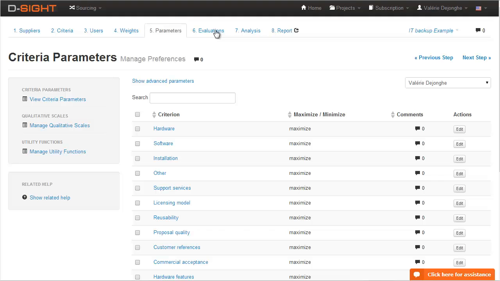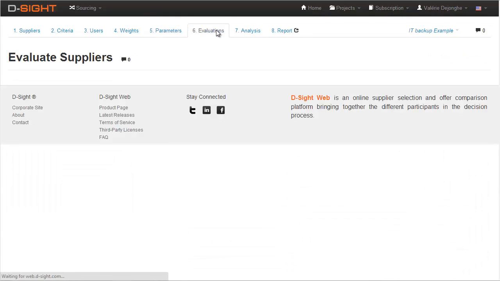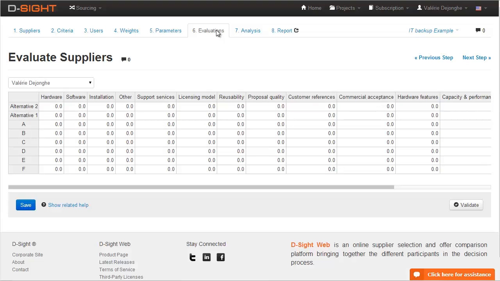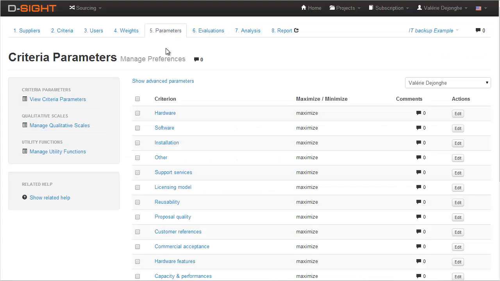Step 6 is the part where the user will not only model DSITE's calculations that run in the background, but also the scales you want to use to evaluate criteria. If you want to learn more about DSITE's calculation procedure, please have a look at the tutorial in which we explain the underlying methodology. If we look at the homepage of the Parameters tab, you see the minimal parameters that